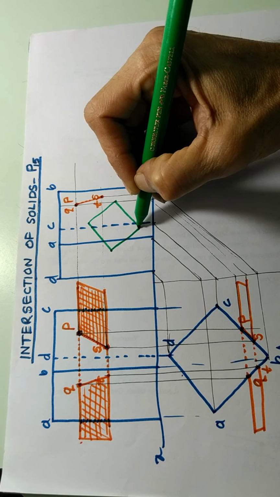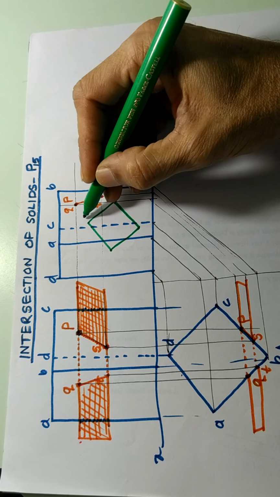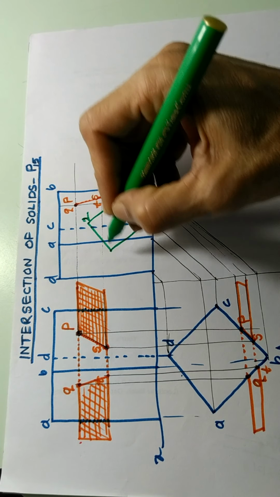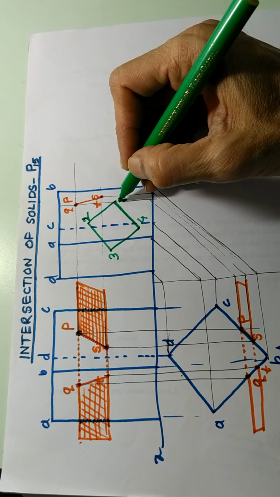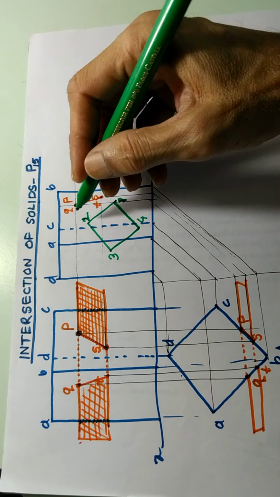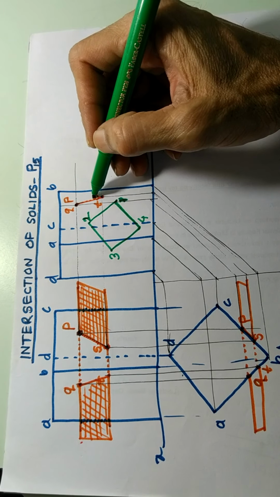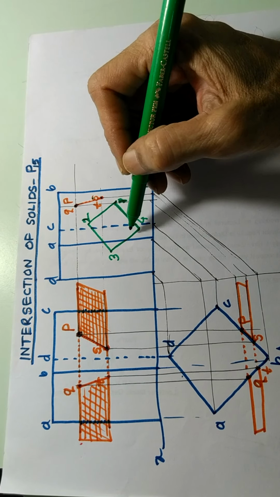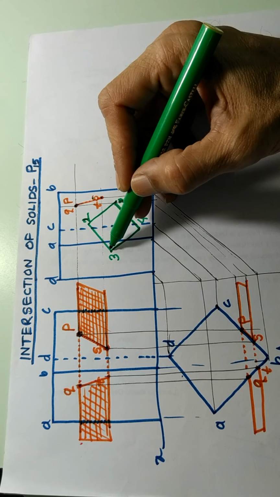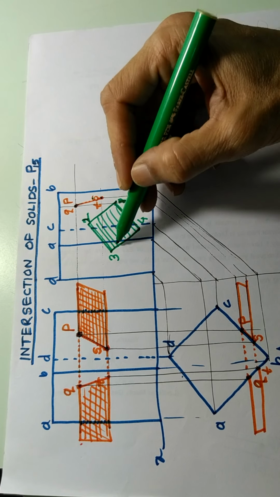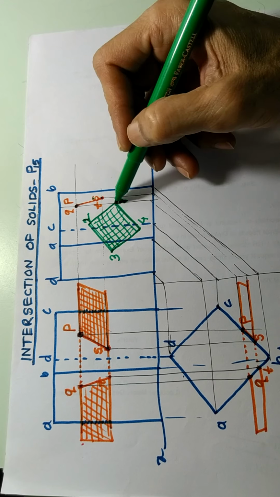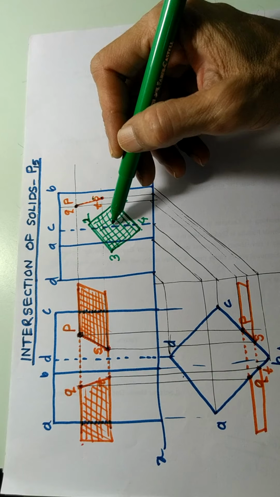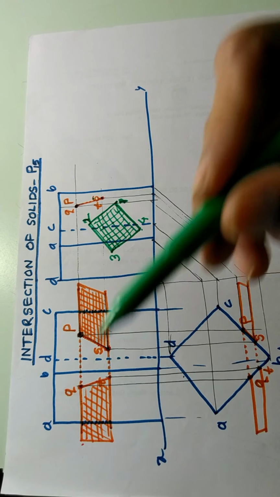So this is a square prism. I will draw here maybe 1, 2, 3 and 4. We are given the names of the corners of the prism. So instead of this prism being intersected by a plane, which we have already seen, the prism is intersected by a square prism. So this entire solid, this full thing, is a solid. This square prism of certain dimension which is given to you is intersecting the prism and coming out from the prism on the other side.